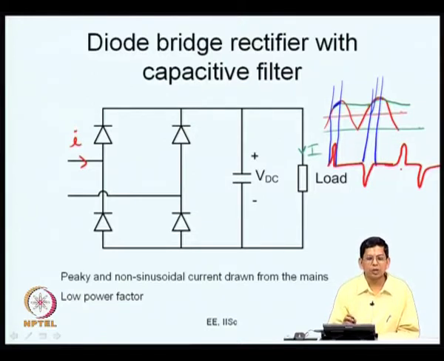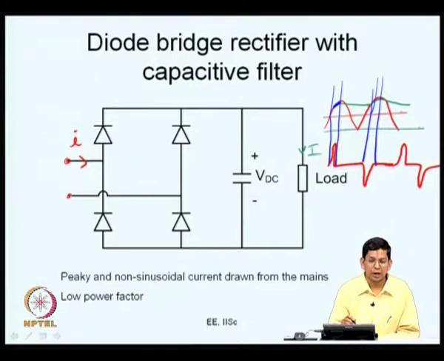So, what is good and what is bad about this? When current pulses are being drawn, you can see that this is not sinusoidal current at all. This is an example of a non-linear load, which we will discuss again in slightly greater detail a little later. Ideally we want every load to draw sinusoidal current. It is being fed with a sinusoidal voltage, so ideally it should be drawing a sinusoidal current, but now it is